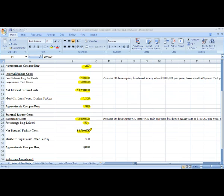Notice that to do this, you'd have to know the size of the entire team supporting the release, supporting the product, and you have to know about what percentage of the effort is bug related. And then you want to avoid assuming too long a period of value. You've got a rapidly evolving product, and it's going to change pretty substantially within 6 months to a year. You don't want to try to count a lot of value of saved cost of external failure after that initial period is up. So that's why I assume 6 months, and so you want to have a discussion with people about